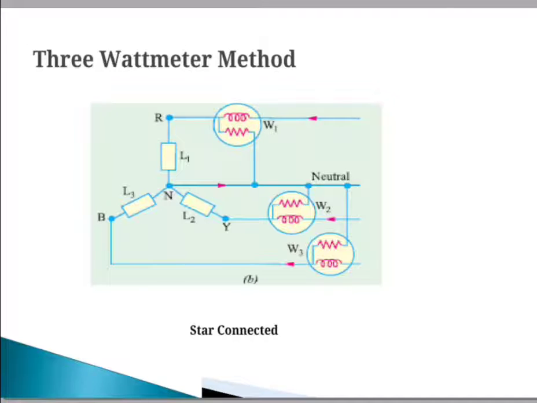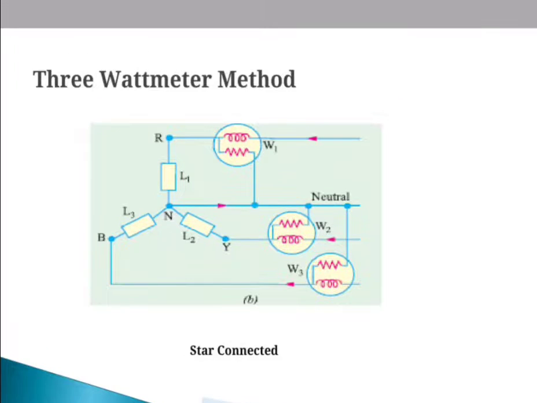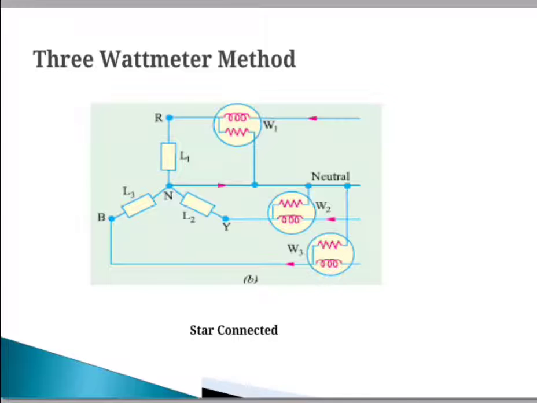To discuss the measurement of power in a three-phase circuit, take a star connected system. We have to use 3 wattmeters. Here a 3-phase 4 wire system is present. The 3 wattmeters are connected in each phase for the measurement of power in each phase. Then the pressure coils of all three wattmeters, namely W1, W2, W3, are connected to the common terminal known as neutral.